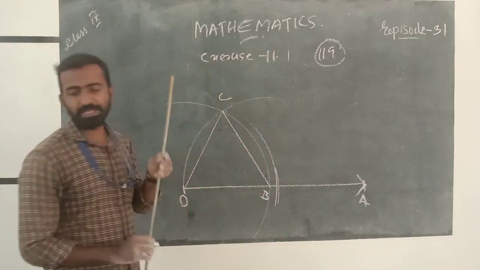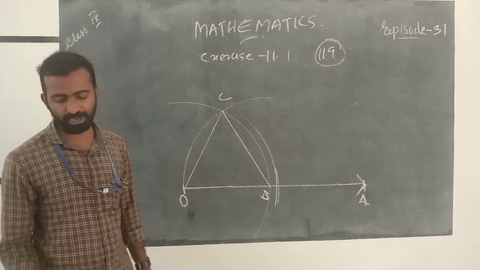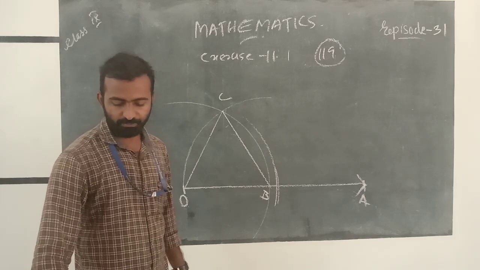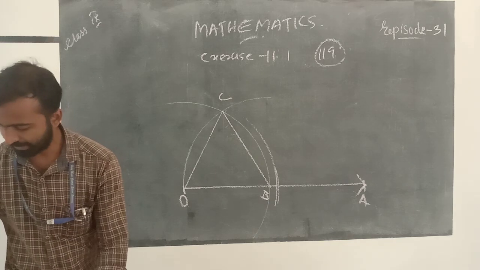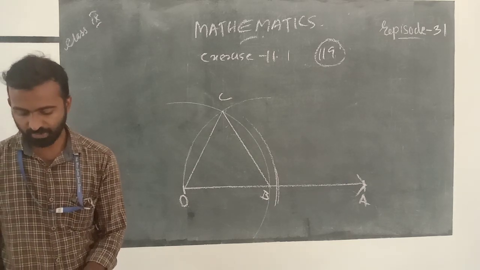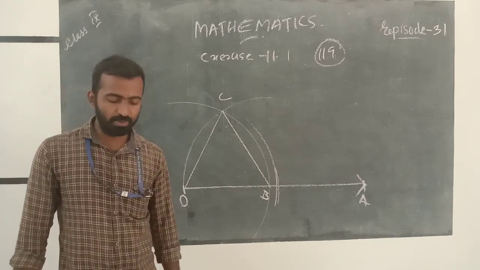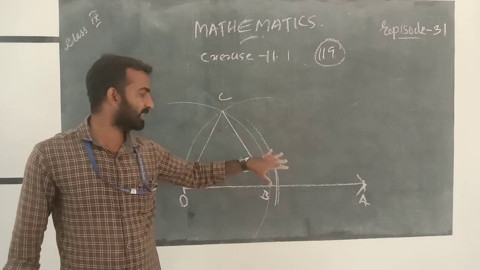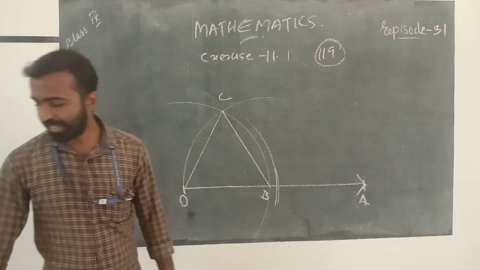That is, OBC is an equilateral triangle with side 4 cm. OBC is an equilateral triangle with side 4 cm. This is our exercise 11.1. And next,